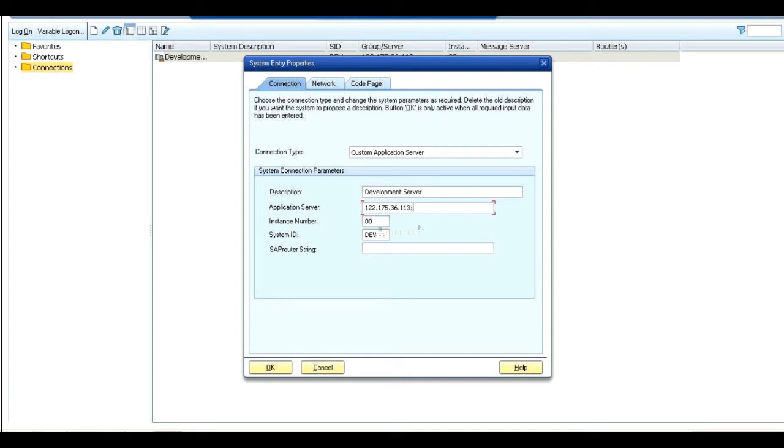You have to add the port after a colon. What is that number?